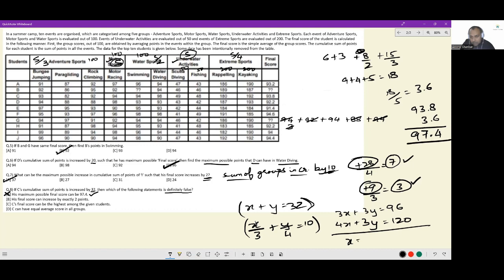This gives me x is equal to 24. X is equal to 24. Can I have an increase of 24 in adventure sports? I can do plus 18 here. I can do plus 6 here. So the increase would be 24 by